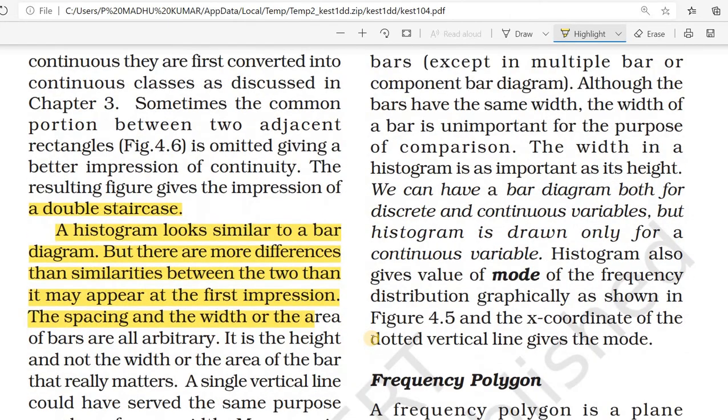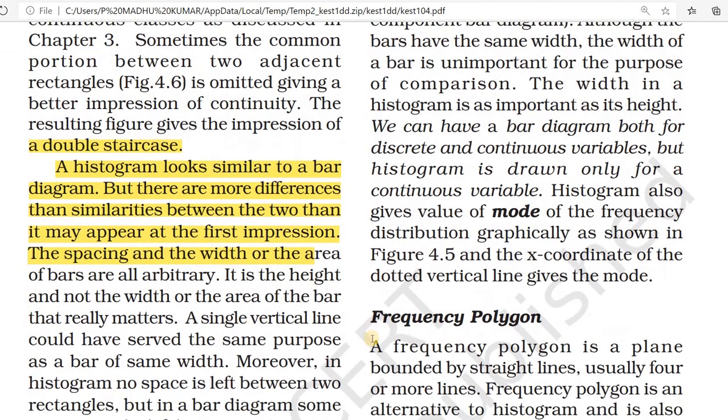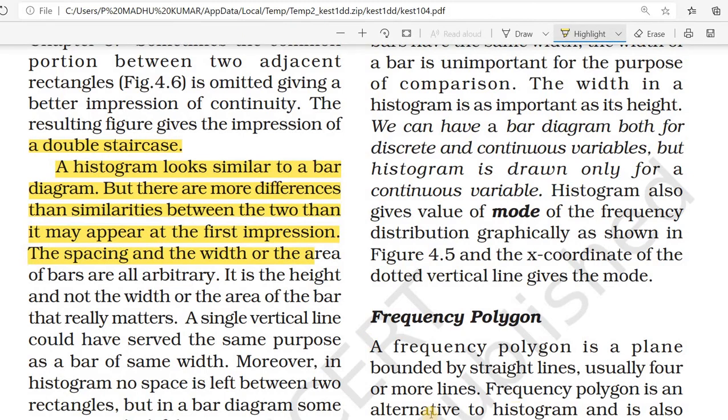It looks similar to a bar diagram, but there are more differences than similarities between a histogram and a bar diagram. It may appear at first impression like a bar diagram, but the spacing and the width or area of bars are